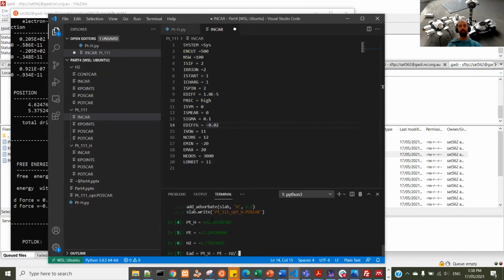So we're interested in the energy of just one of those atoms. So we divide the molecule energy by 2, and then we get E adsorption. Because of all the approximations I've done, that number, of course, doesn't make any sense. The number is supposed to be close to 0.5. So in order to achieve a better number, one has to use a finer K-grid, and importantly,